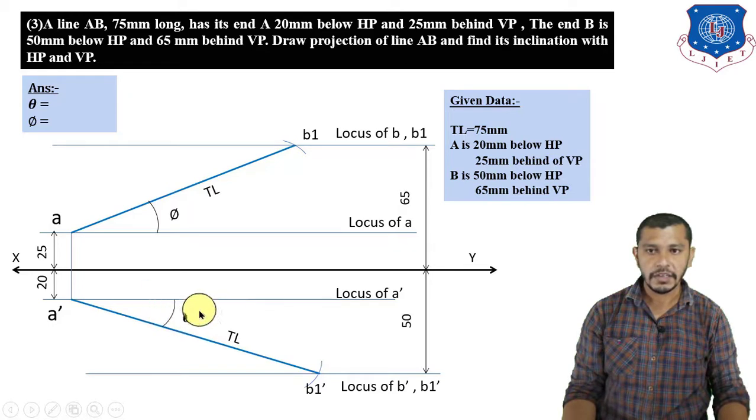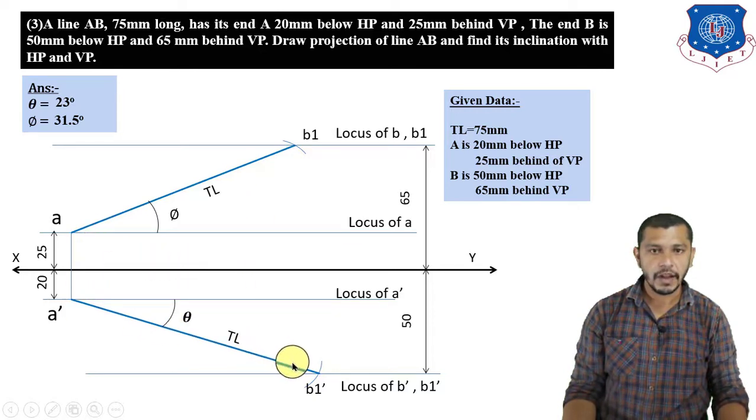So now we get the theta and phi. So measure theta and phi by using the protractor. We will get theta 23 degree and phi 31.5 degree. After finding the theta and phi, we have to draw the projection of the line also. Projection means we have to find out the plan and elevation of the line. So if we want to find the plan of line AB,